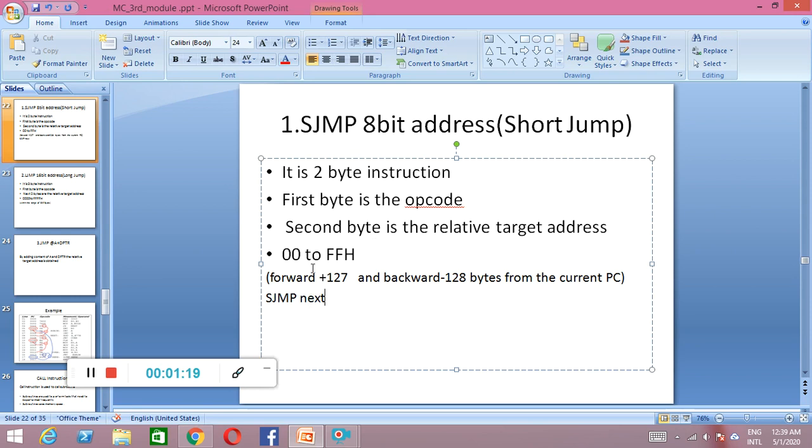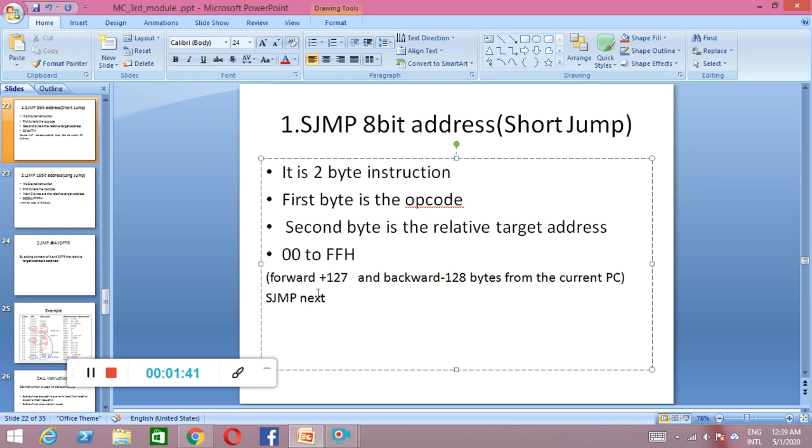In this case it is a 2-byte instruction. The first byte is the opcode, and the second byte is the relative target address, where the next instruction is going to execute.